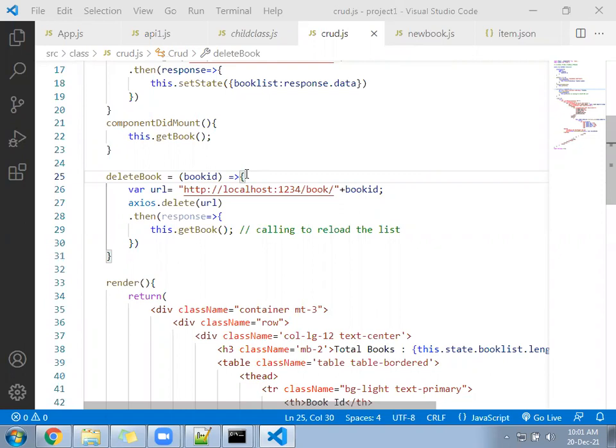Axios.delete, pass the URL inside, and after that, the item should get deleted and your page should get reloaded.